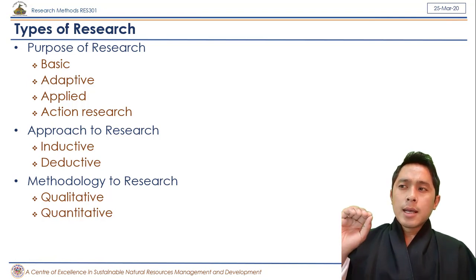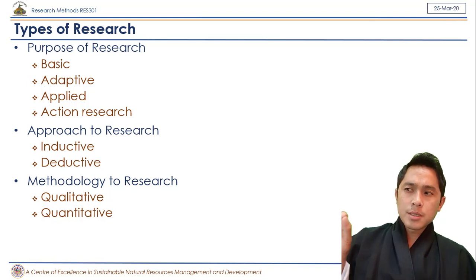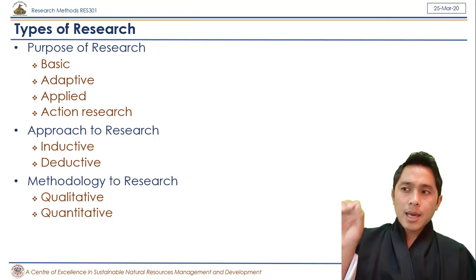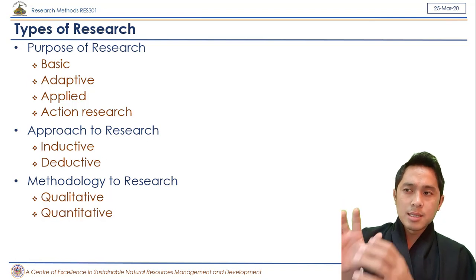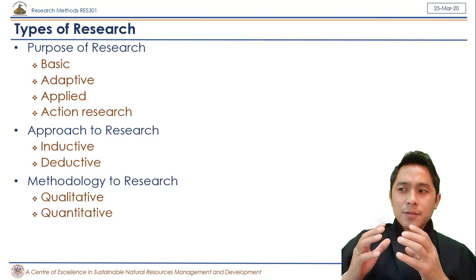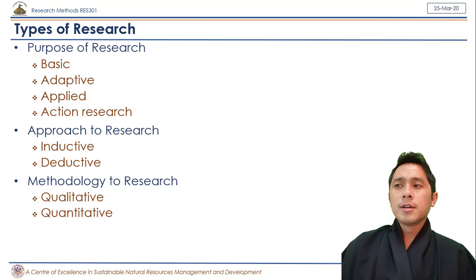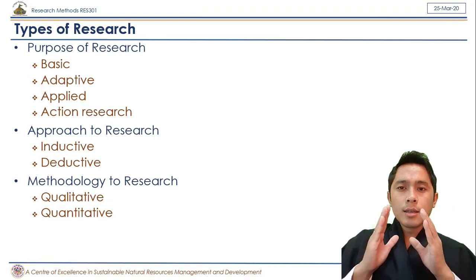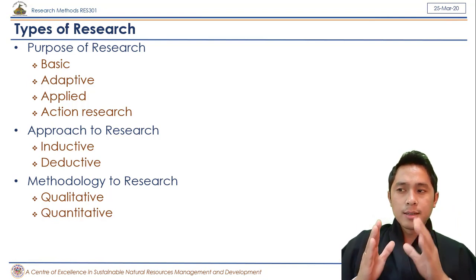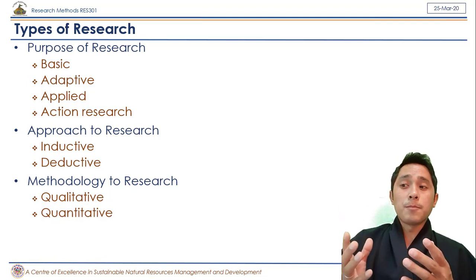From here, because most of the things have been covered, I'm going to stress mostly on action research under the purpose of research, because this is one thing that we did not focus on. The other thing I'm going to focus on is the kinds of research under qualitative and quantitative research, to give you an overall broad picture. And I really hope that you're not getting confused between what research is and how to carry out research, versus the types of research, for now.